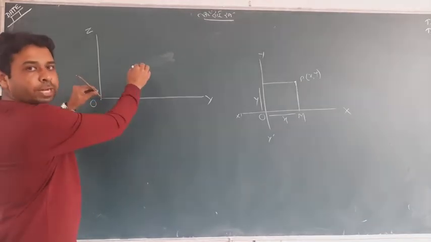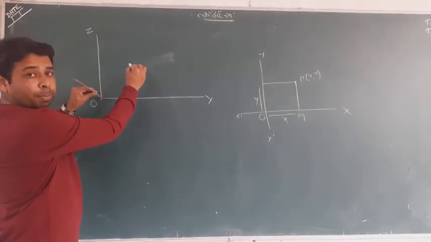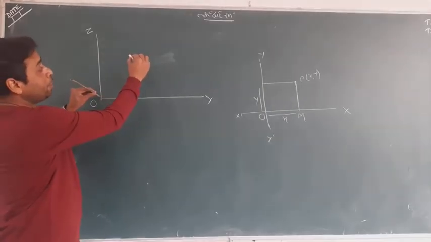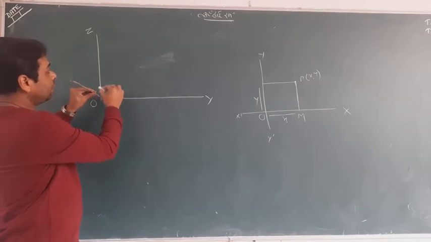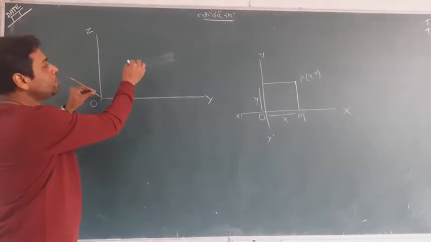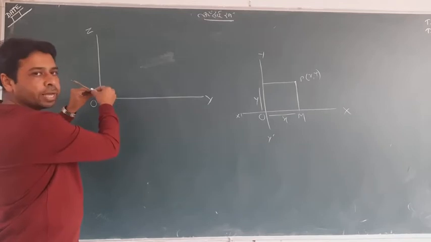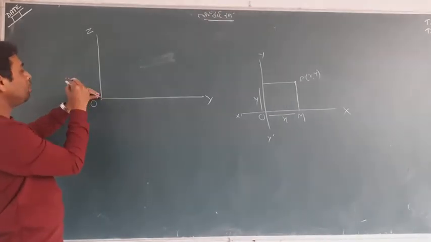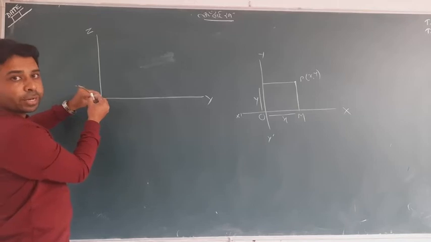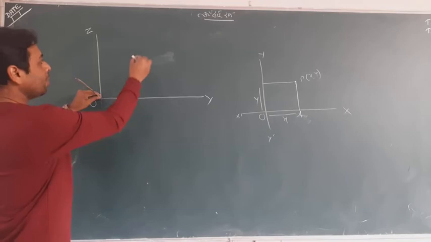So okay, first of all, let me explain something. This is my P point, and I am drawing the perpendicular on the x-axis. Can you see? This is my perpendicular. I draw from point P on the x-axis. Again I speak one thing, try to understand. This is my point P, this is my x-axis. I draw the perpendicular on the x-axis like that, and suppose it meets the x-axis at point A. Here, suppose this is my capital A.